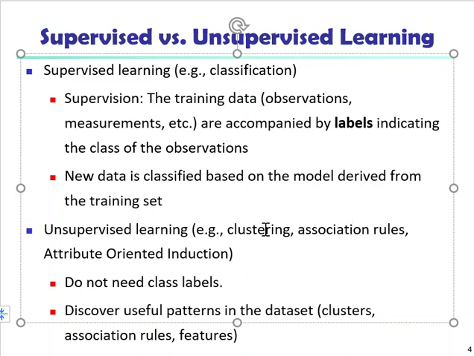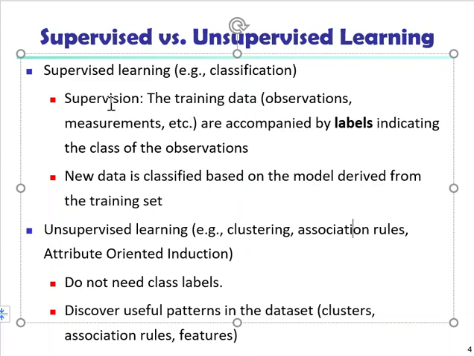Later, after we complete our learning on classification, we're going to look at clustering, which is another unsupervised learning, where again we only need to provide some hyperparameters to the algorithm, and the rest is done by the algorithm itself. It's completely based on what the data tells. It's used to discover useful patterns in the data set.